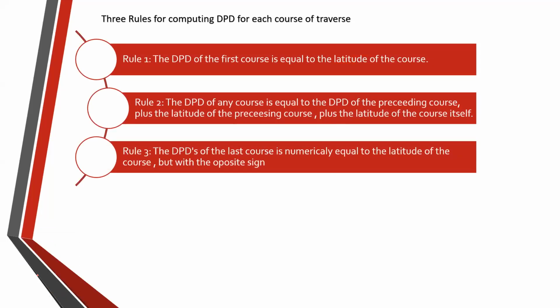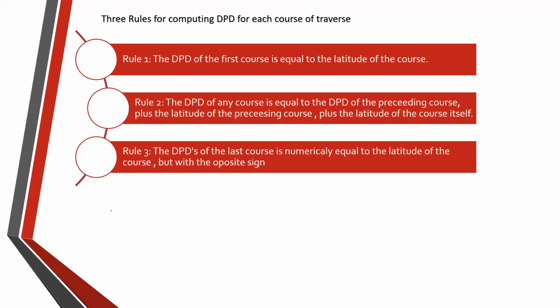Rule number 2, the DPD of any course is equal to the DPD of the preceding course plus the latitude of the preceding course plus the latitude of the course itself. Again, pinalitan lang natin yung mga departure ng latitude. Same pa rin, same concept yung rule number 2. Rule number 3, the DPD of the last course is numerically equal to the latitude of the course, but with